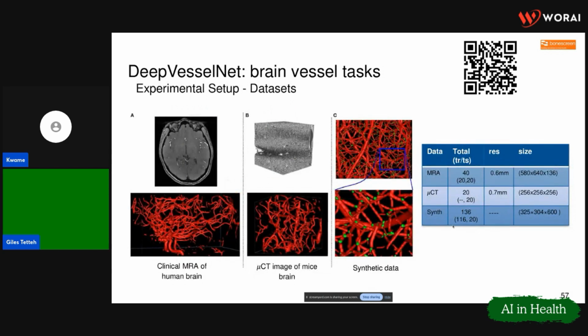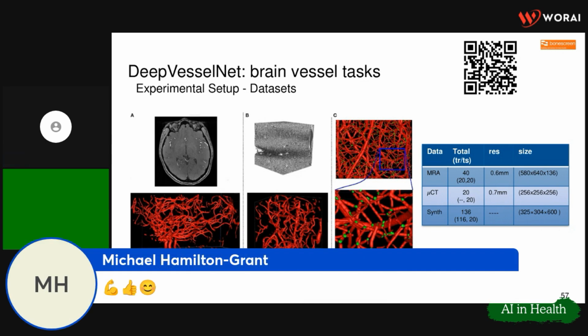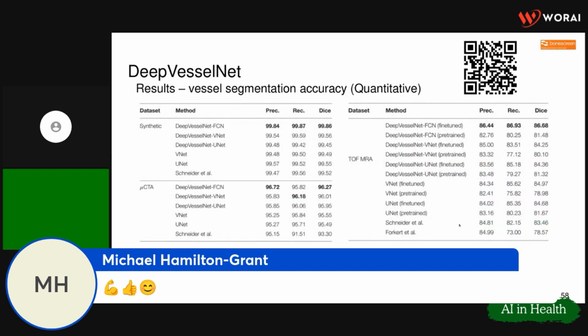And here we have several data sets. So this is the clinical MRA data that I already showed you. This is data from a mice brain, and then this is our synthetic data we generated. So the idea is to train on the synthetic data and then apply it to the human as well as the mice, and then try to see how the performance would be. And here we have our proposed methodology scoring over